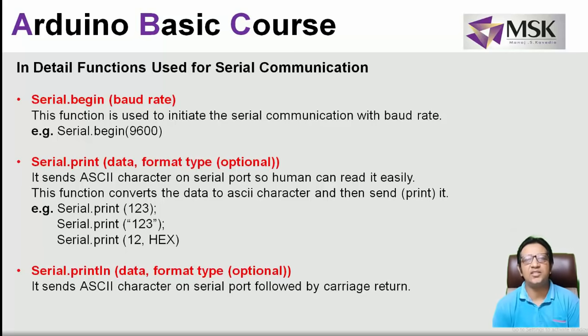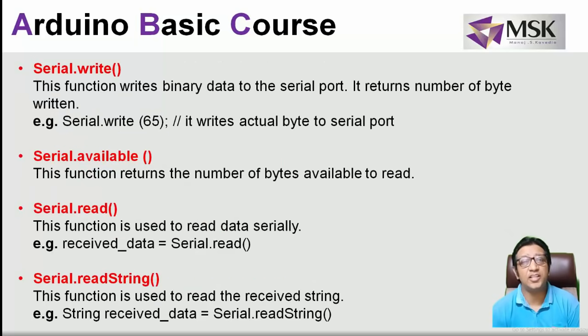Now the next is Serial.println. That println means the next data will be written on a new line. We can say once the data is printed, it will give the carriage return. Means the next data will be starting from the new line or the fresh line. Now the next function is Serial.write. It is the same as the print function. It will write the data to PC. Writing the data to the PC, it will be displayed on the serial monitor. Means the Arduino data will go to the serial monitor.